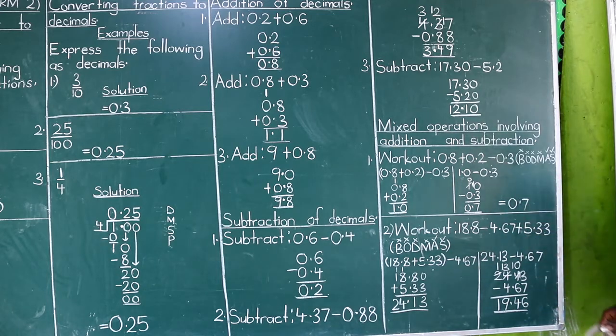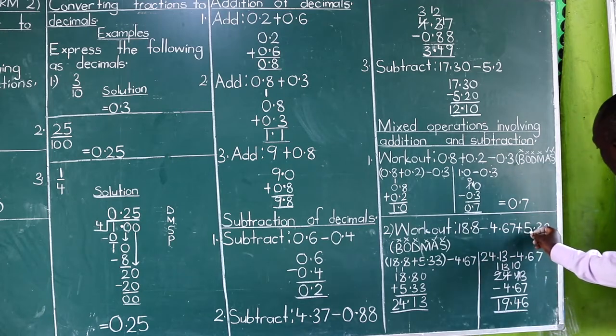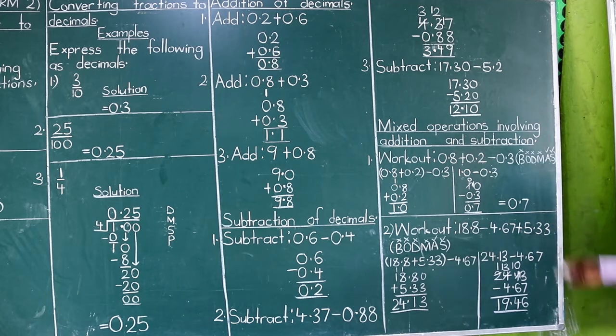Unlike example number 1, which was already in the correct order of BODMAS, we are first going to see which one bears the plus sign of addition. It is the 5.33. It has the plus here. So therefore, there is a necessity to change the order. In use of BODMAS, this is the situation where you must change the order. The rest we shall never change, as we shall see as time goes on.